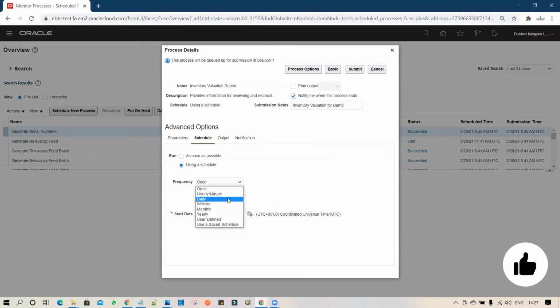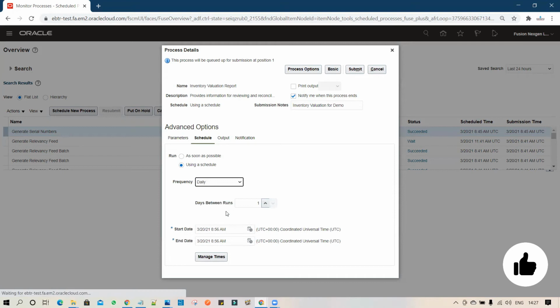Let's assume I entered daily, and then days between runs is one day. Then you have to enter the start date as well as the end date, when it is supposed to start and end, because these two fields are mandatory.